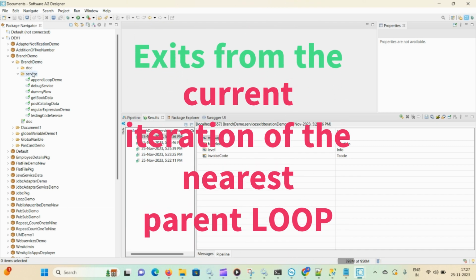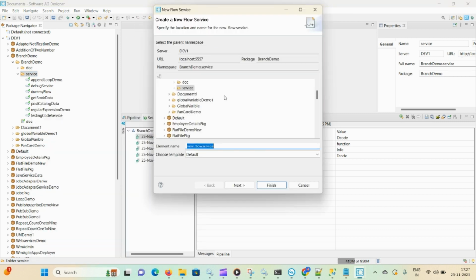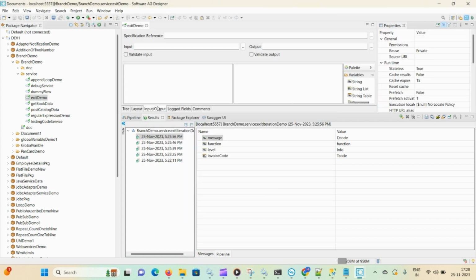So the service folder I already created, new, then click on flow service, give the name as exit demo, exit demo, and then click on finish. Okay, define your input. So I'm taking one string list and give the name as invoice code. After that, click on save option, then go to tree tab,